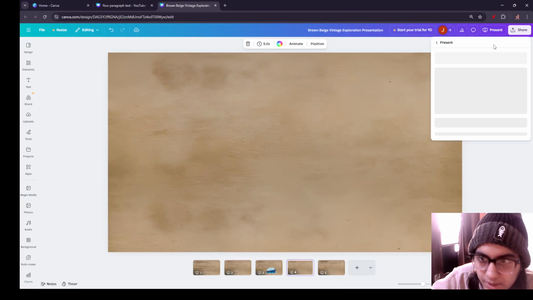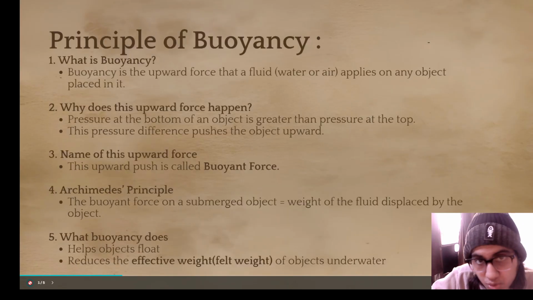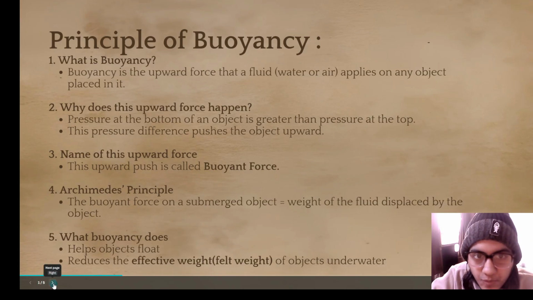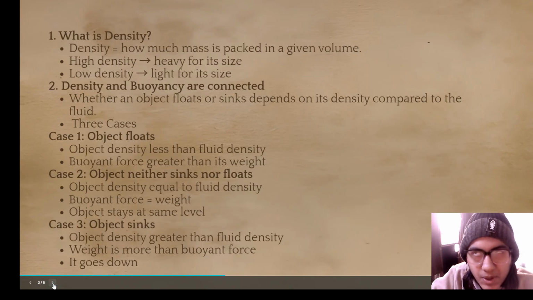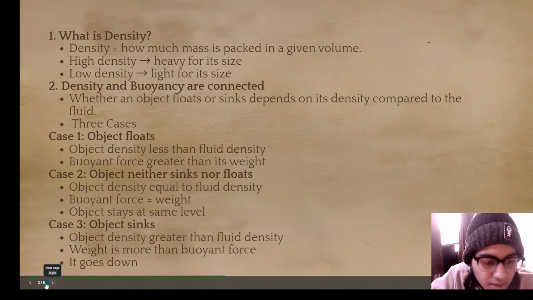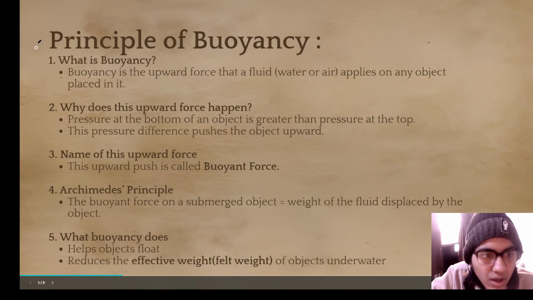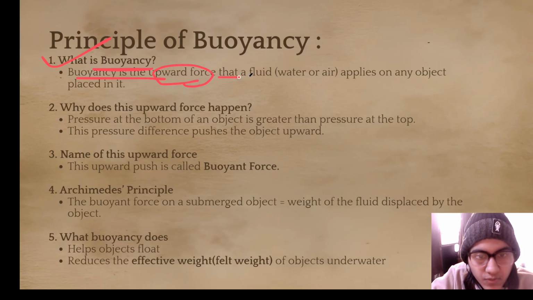Good morning, students. In today's video, we are going to cover two topics, that is the principle of buoyancy, and of course density. So let's start here. What is buoyancy? Buoyancy is the upward force that a fluid, water or air, applies on any